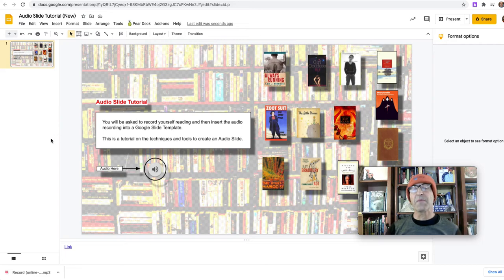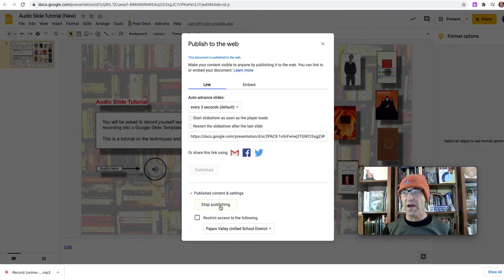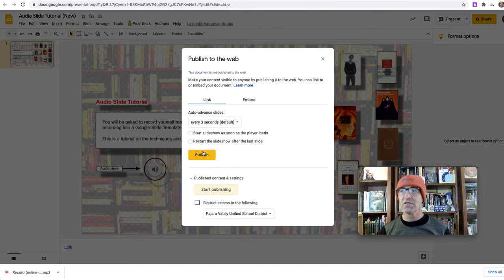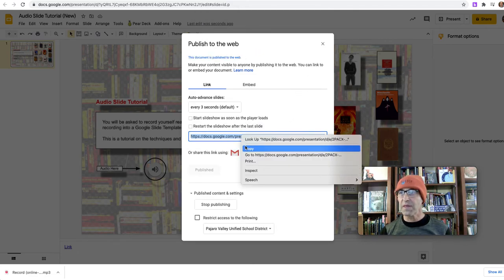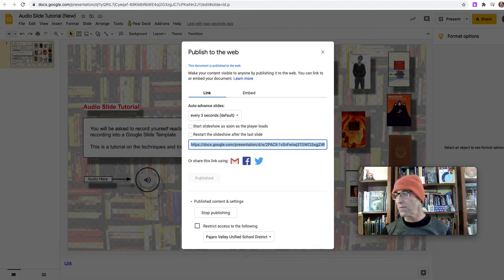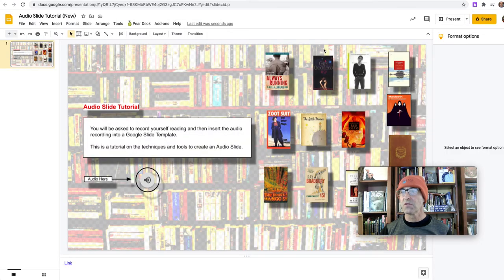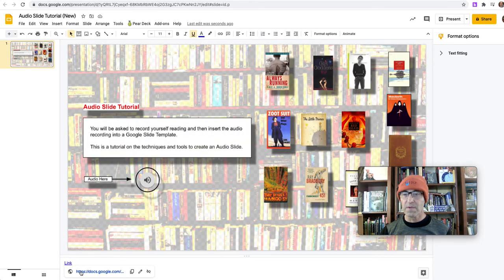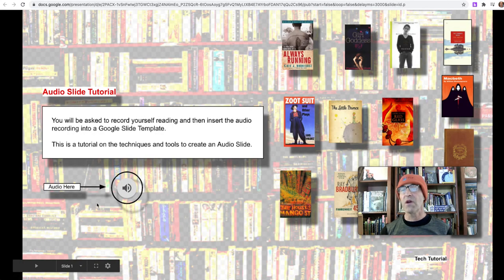The final step in the overall process of creating the slide deck is to then publish this to the web. If you publish it to the web, let me start at the beginning. I will unpublish it. Didn't realize I'd done that. So you click Publish, OK, copy that, and that becomes your online presentation link. So if you were to paste that in your browser, you now have the recording that you can click on